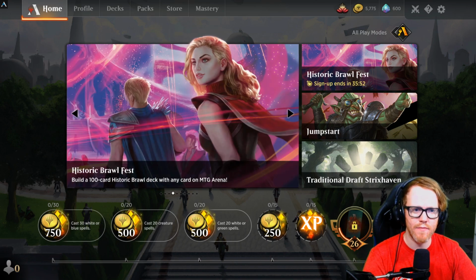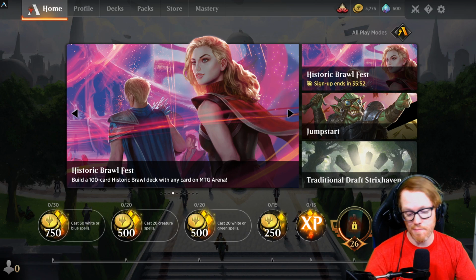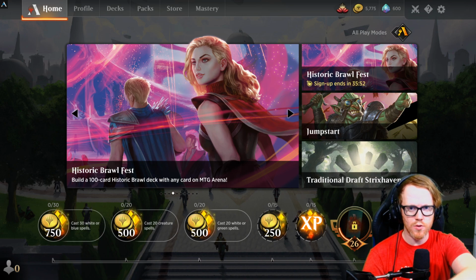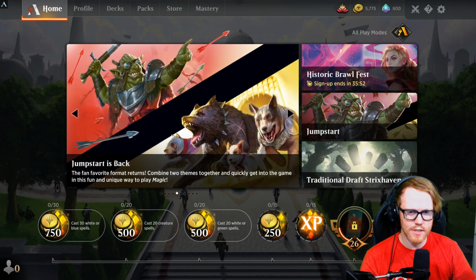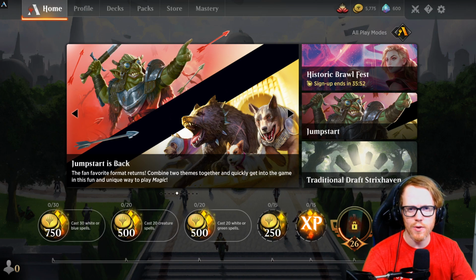They usually set up an event, almost like the historic brawl event that's been popping up. Essentially, it's a rotation event that has only the new cards and none of the old cards. So anything from Zendikar Rising and up will be in this format. Like I said, there's nothing that officially says that they'll be doing this year, but they did it last year, so I would assume it'd just be easier for them to do it again this year,